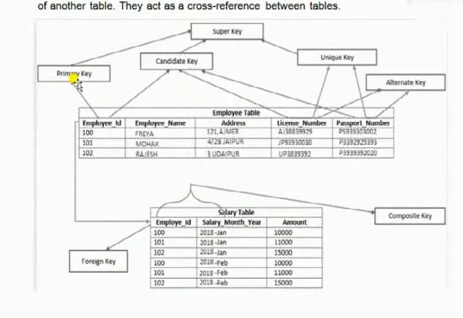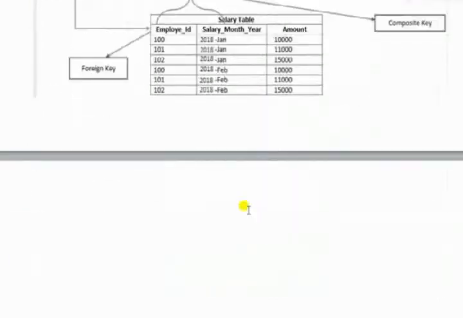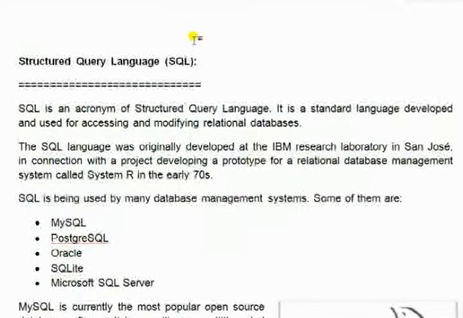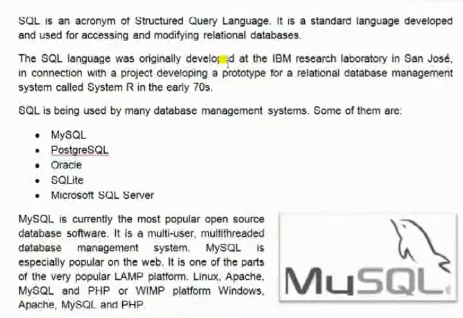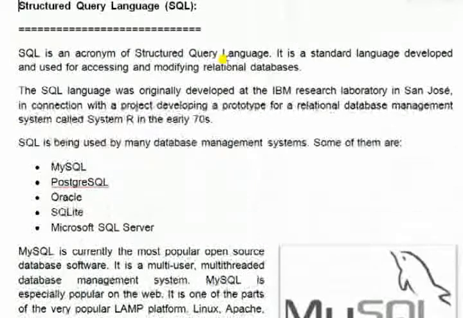And this table is called the child table. The table it is connected to is called the parent table. So the foreign key belongs to the child table, and the primary key belongs to the parent table. This is the relation between parent table and child table. Okay, now we will gradually come on to the